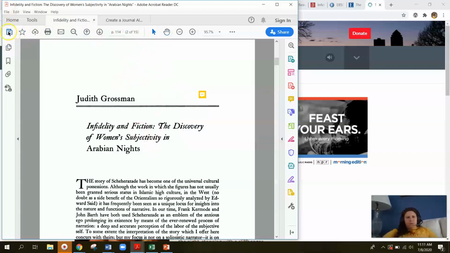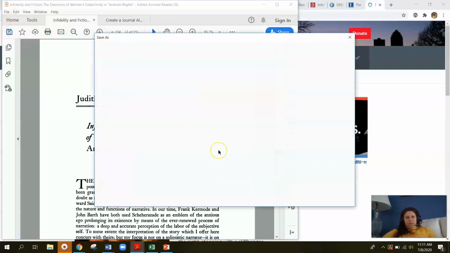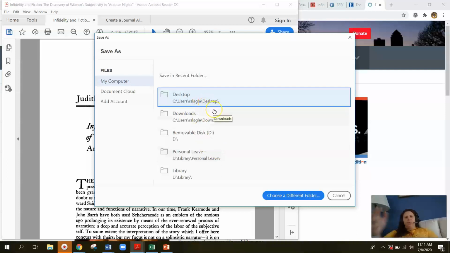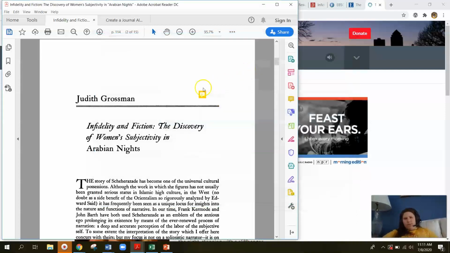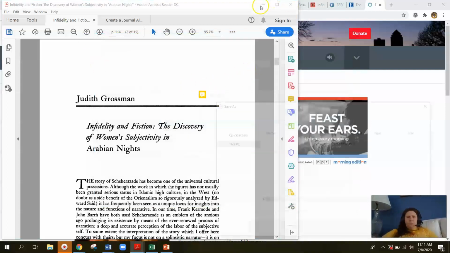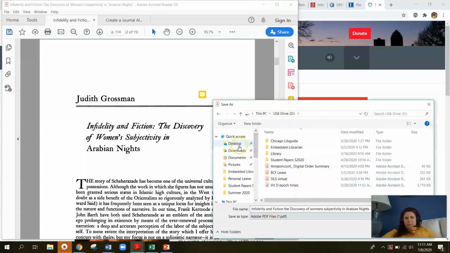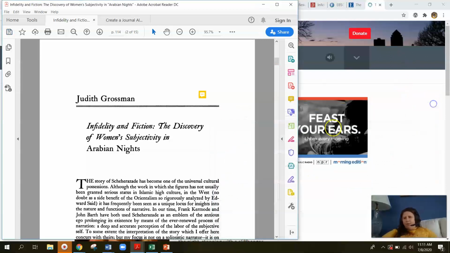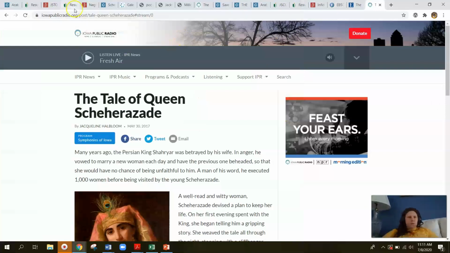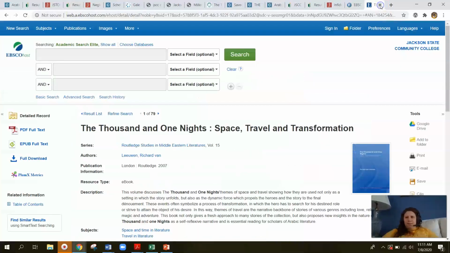Then you can just press save over here and it's going to save. After you've added your sticky notes, make sure you resave it, and you can save over the document you've already saved. I'm trying to remember where I saved it before, but we'll save it later. You can just save it over the document you had it saved as. So that is that tip in PDF.